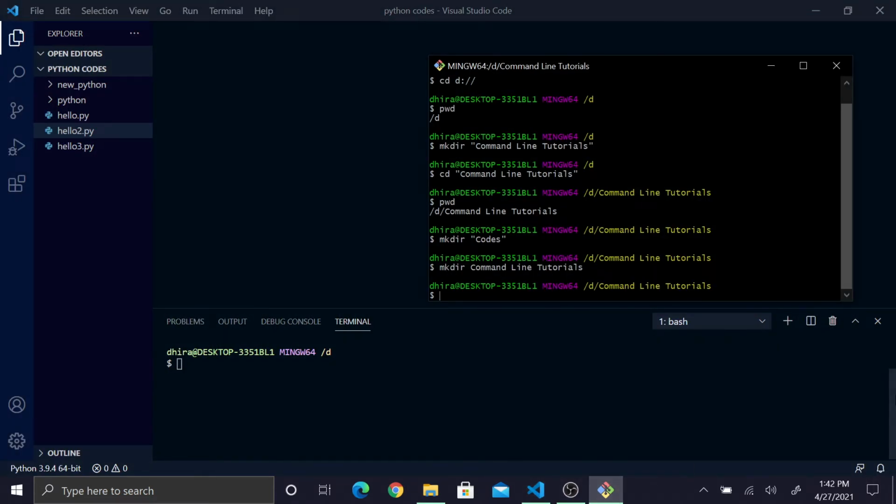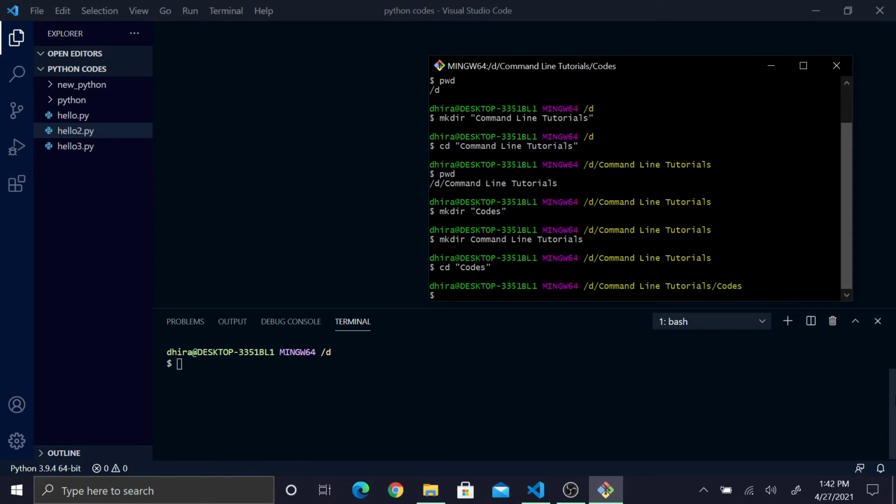Now my Git Bash is in my D drive inside the folder command line tutorials. Now I want to make new files with the help of my command line. I'll move to my codes folder first, cd codes.